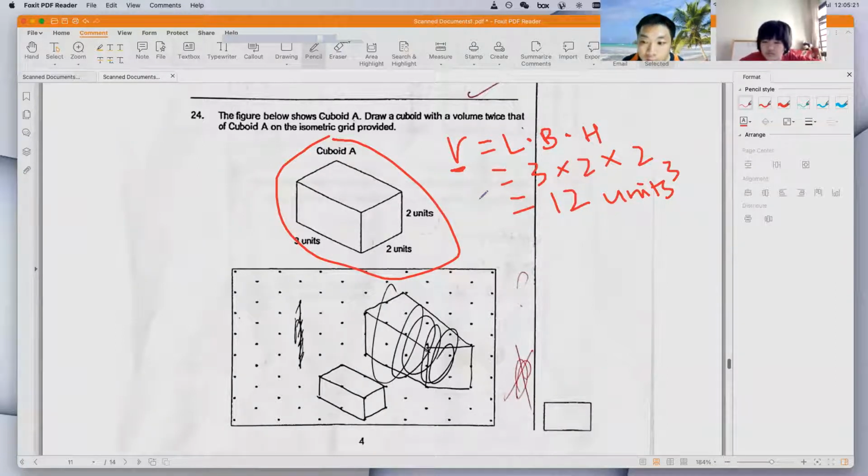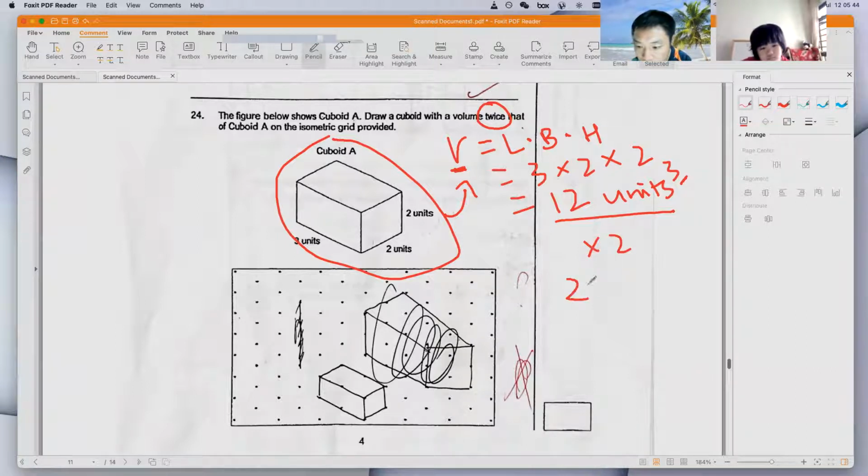Are you following? Can you follow? Good. So we are talking about volume here, therefore the unit is cube. So this is of volume 12 unit cube. You need to draw a cuboid with a volume twice of this. So twice of 12, you're going to get 24 unit cube. So how do you draw a 24 unit cube? There are a few ways you can do it. You can either extend this. So what I'm trying to say is,